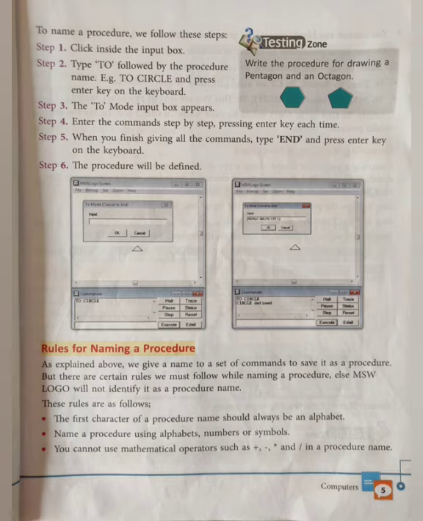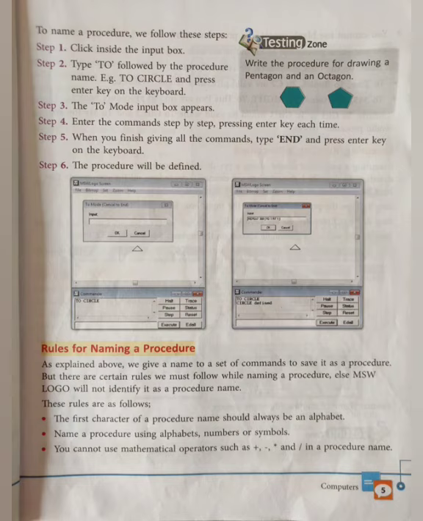Here that means that you have to use the to command. If you want to give your procedure name in any alphabet, then you have to use to, then write the procedure name. If you want to use numbers, then you have to use the to command first, then write the numbers. Numbers and symbols, anything you can add, but first of all you have to add to.